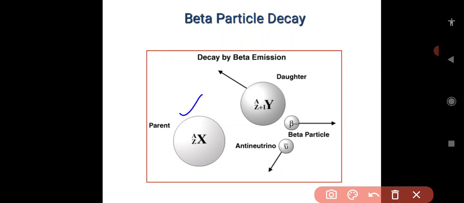Consider any radioactive nuclide, for example uranium, plutonium, or neptunium. Any such nucleus undergoes interaction with bombardment by neutrons. It forms a daughter nuclide, which undergoes decay by beta emission, which gives a beta particle, that is a negative charge, with the emission of an antineutrino.